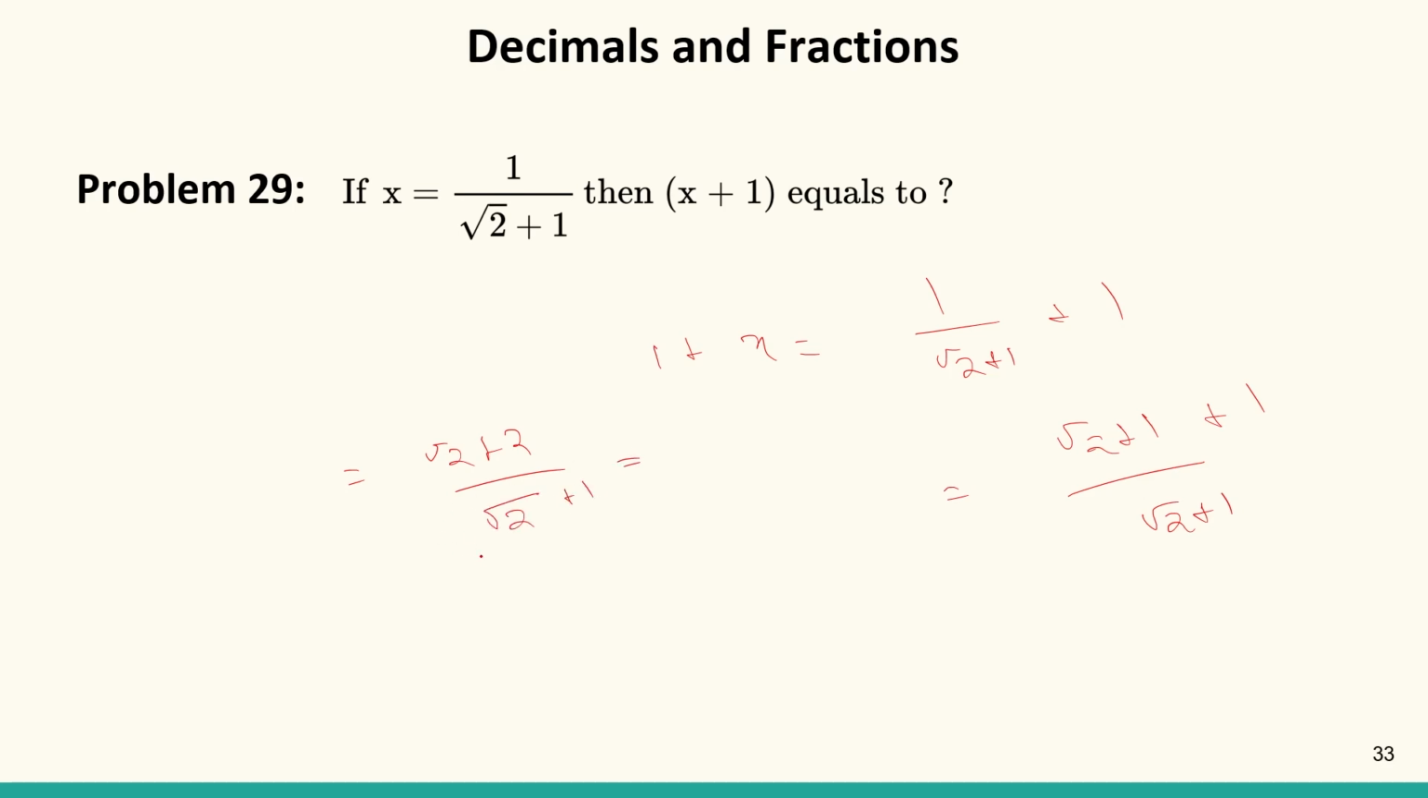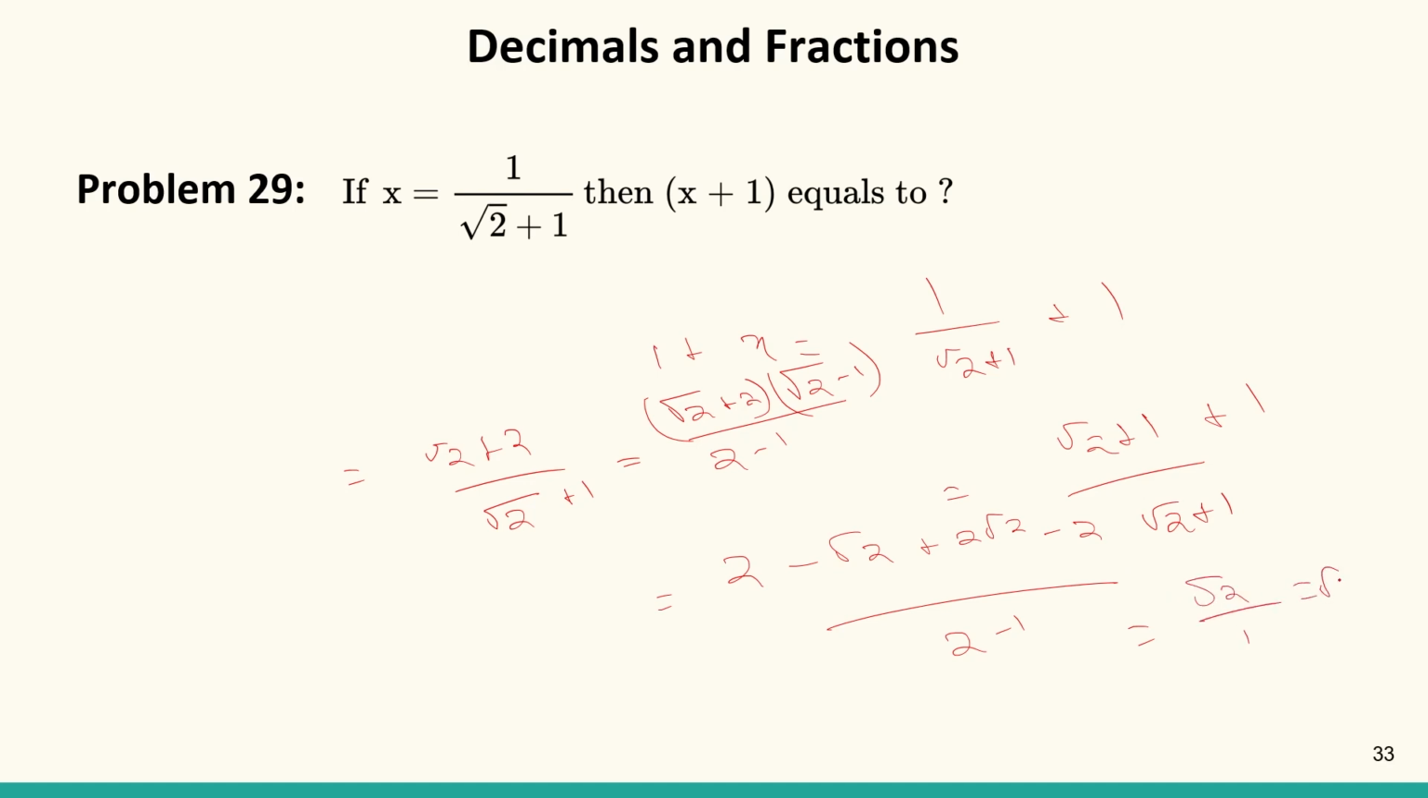So if we further simplify to get the denominator square free, what we need to do is we multiply with root 2 minus 1. So this will become 2 minus 1, and in the whole numerator, root 2 plus 2 into root 2 minus 1. So this will be equal to 2 minus root 2 plus 2 root 2 minus 2 whole by 2 minus 1, that is equal to, so 2 minus 2 cancels each other out, so root 2 by 1 is equal to root 2 is the final